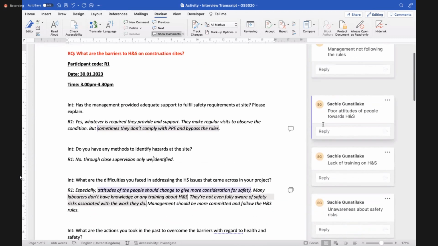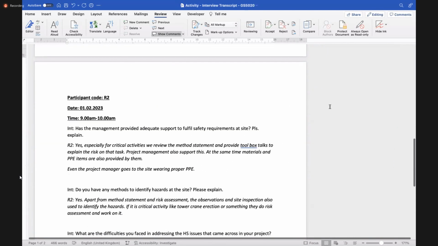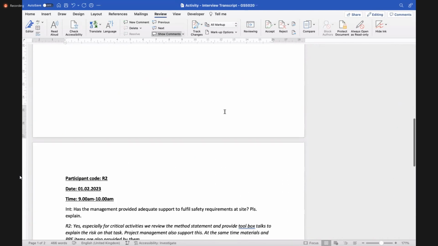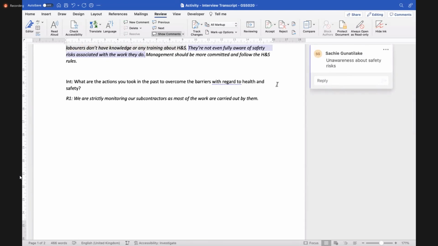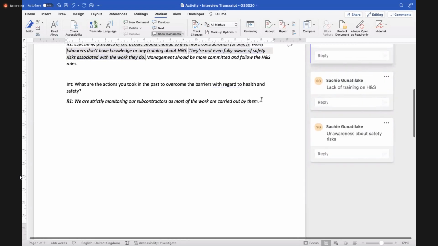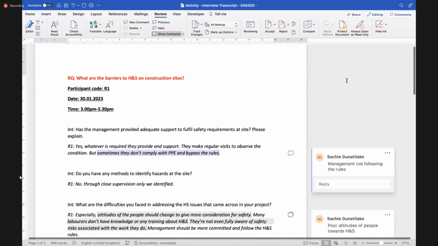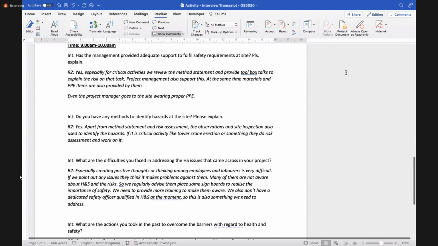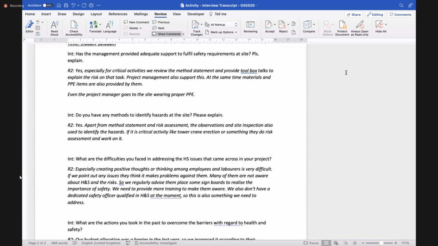Now the advantage of doing these codes is, if the same idea, say unawareness about safety risks or lack of training on health and safety, any of these labels we have used, comes up again, maybe in the same interview or in a different interview, we can use those same labels, same codes.